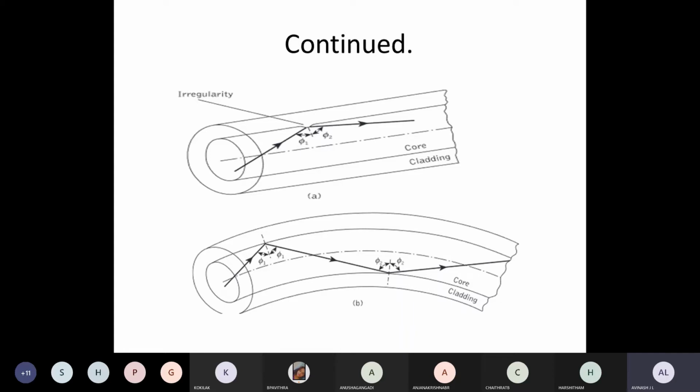When there is a mismatch in the angles of incidence between the first and second and later ones, what happens? The signal will not take the exact, desired path. It will take some other path. You may get the signal out of it, but some part will be damaged, some part will be affected. That is exactly the mode coupling problem we have. One is irregularity, and the second one is the bending of the fiber, which we can see in the diagram.